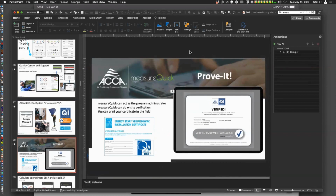reach out, because I will help fund your cause, because I need more contractors that are just willing to do it right and do all those steps. So if that's your goal, then let me know, because this part's free and I'll even help fund some of your measureQuick costs, because it only costs $5. It's the same price right now. But please, let's figure out how to shift the industry into acknowledging what they really have